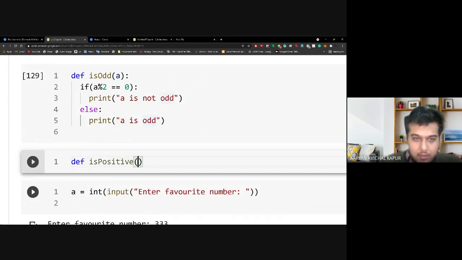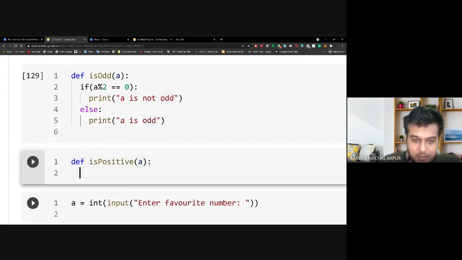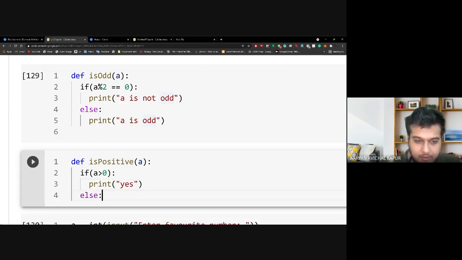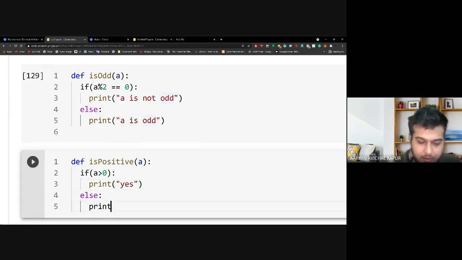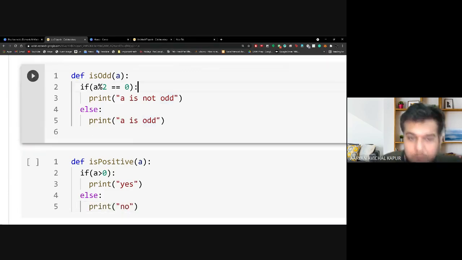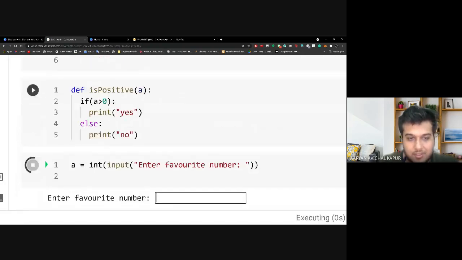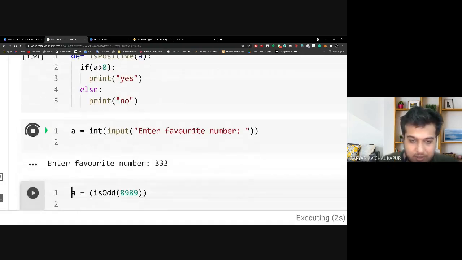Now I check if a is greater than 0, print yes, else print no, right? So here I now have two functions. One is checking if the number is odd, the other is checking if the number is positive.